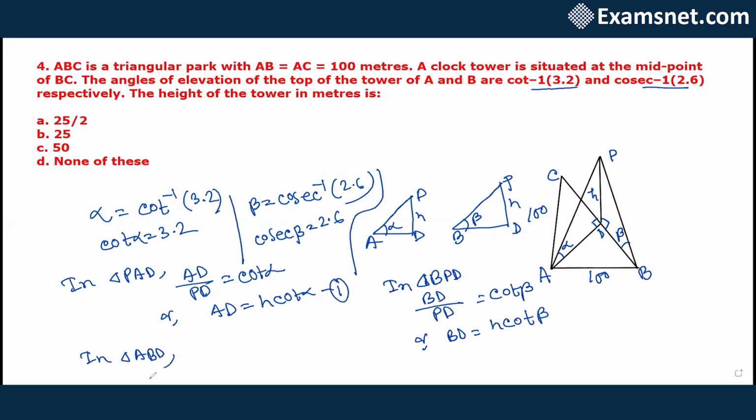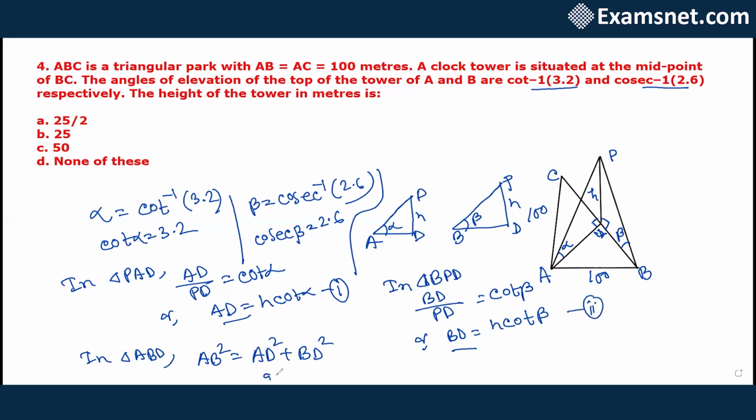Since this is a right angle triangle, correct? This is the 90 at D. We get a 90-degree angle. So this is a right angle triangle. That means AB is the hypotenuse here. So according to the Pythagoras theorem, we can write AB square equals AD square plus BD square. Correct. Now let's put the value of AD and BD from, let's name it equation number 2, from equation 1